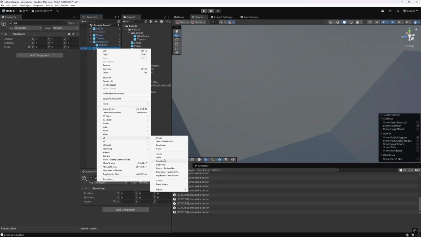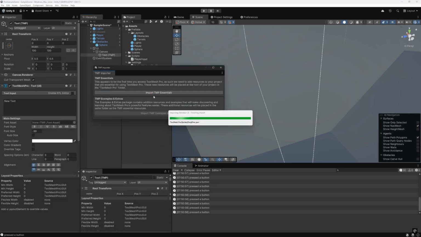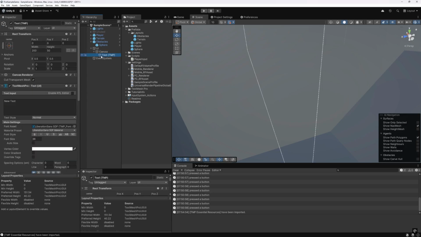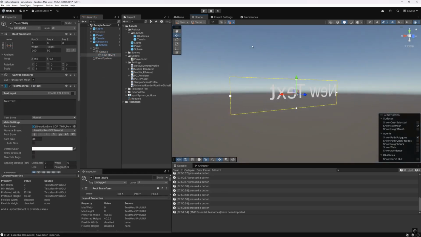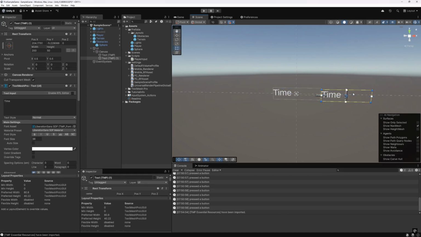I create an empty game object for UI, then add text. We need to import TextMesh Pro essentials for that. TextMesh Pro is the recent upgraded text for UI. It's way better than the old text version. We can change the display text in the text component, duplicate the game object by the Ctrl D shortcut, move the new text by the rectangle transform tool, shortcut T. It's better for precision transform manipulation and can be used on non-UI as well. I put -1 as the value so I know it's not the proper value in case something does not work.